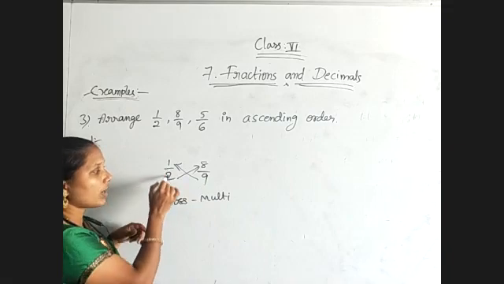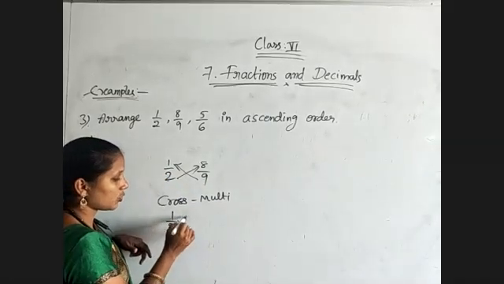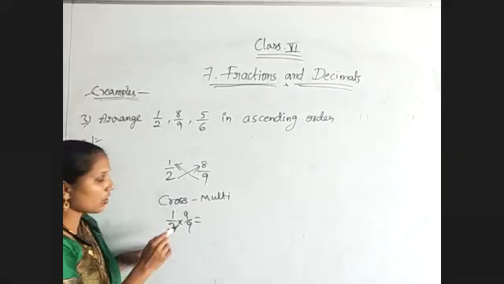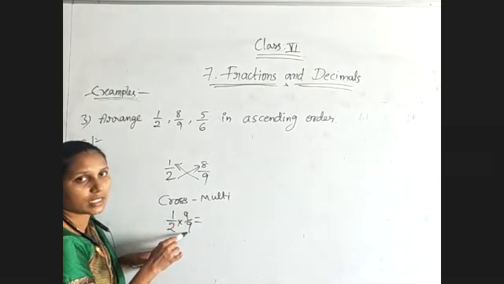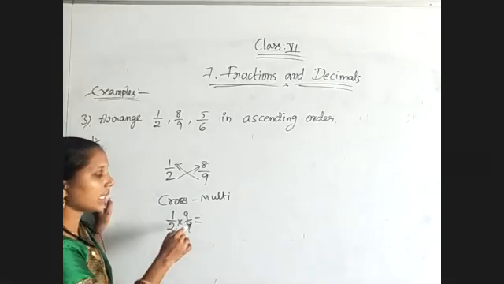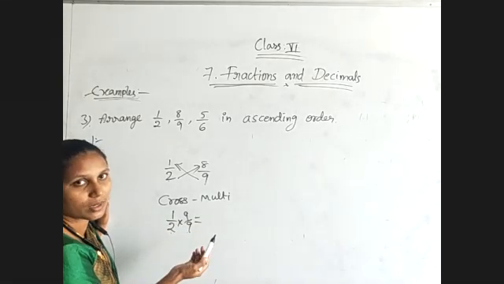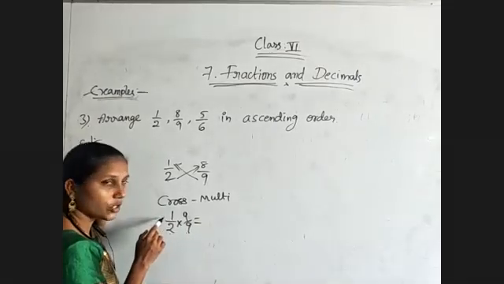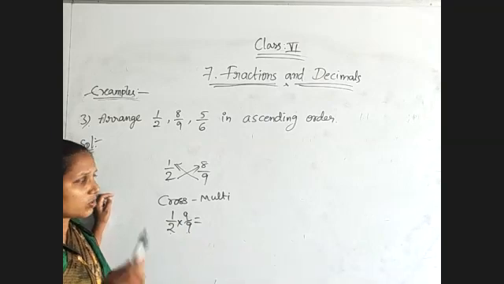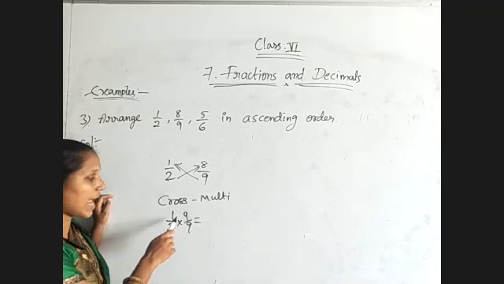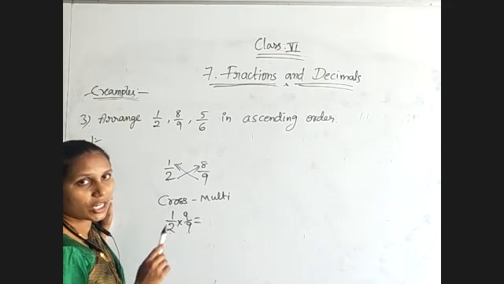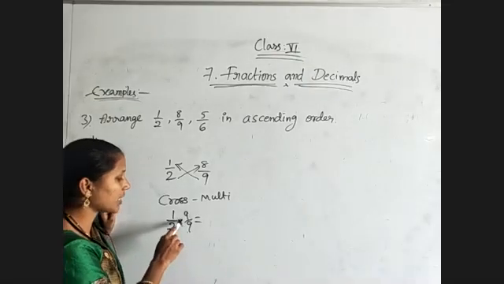Then what will we get? 1/2 is nothing but 1/2 into 9/9. So why are we writing an equal value? Because if you multiply the numerator and denominator with the same number, then we'll get its equivalent fraction only, not a different one. When you divide the numerator and denominator with the same number, then also you get equivalent fractions. But in case of addition and subtraction, if you add the same number to the numerator and denominator, we will not get equivalent fractions, only for multiplication and division.